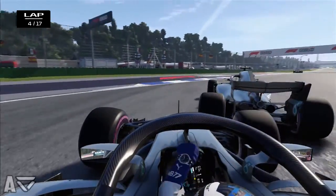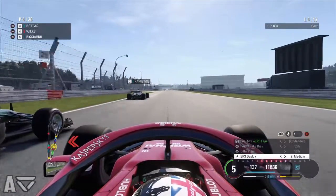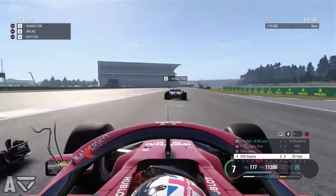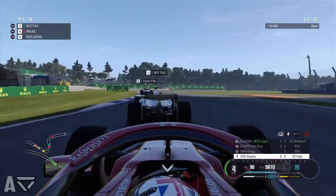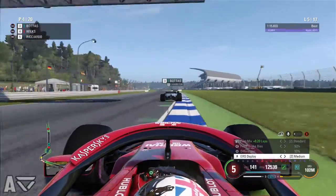And Bottas is almost pushing Hamilton through, although it is the Brit that has managed to get that position. And Bottas gets such a poor run out of the hairpin that we are going to go side by side with him now on the run to the Mercedes grandstand. But the Mercedes man will not have the embarrassment of getting overtaken by a Ferrari in front of his own fans. He holds his own this time round on lap 4,